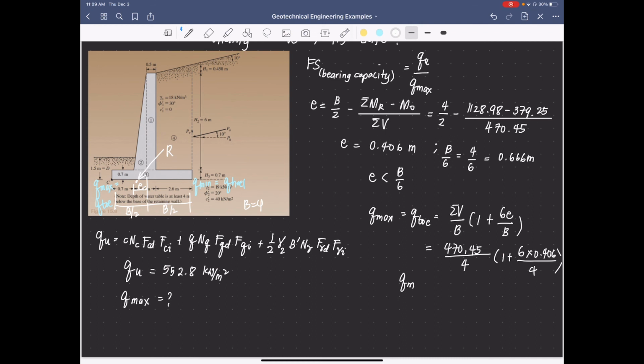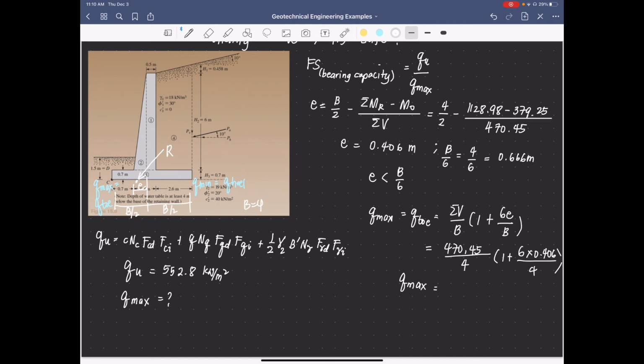So the Q max is equivalent to 189.2 kilonewton per square meter,